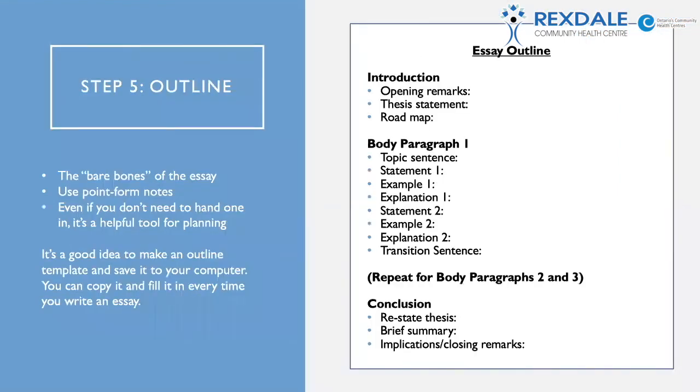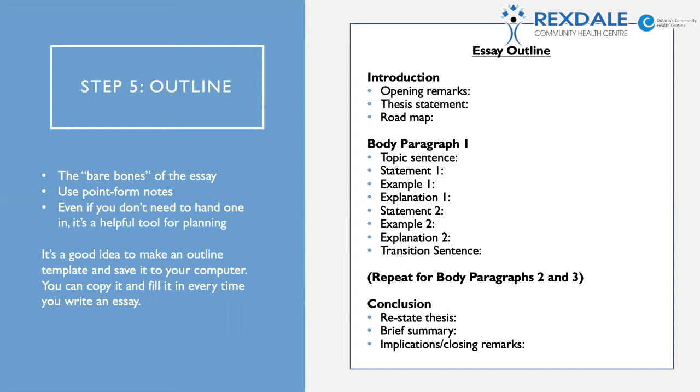The next step in the essay writing process is outlining. You'll see on the right-hand side there, that's kind of like a little mock outline. You'll have sections for your introduction, for each body paragraph, and for the conclusion, and a little space to write out each element of your essay. So the introduction has a space for opening remarks, a space for your thesis, a space for a roadmap,